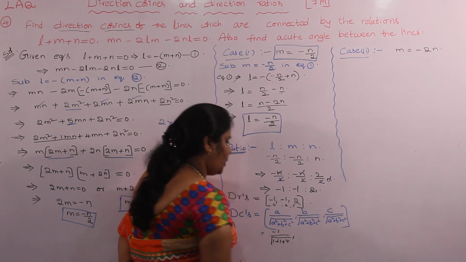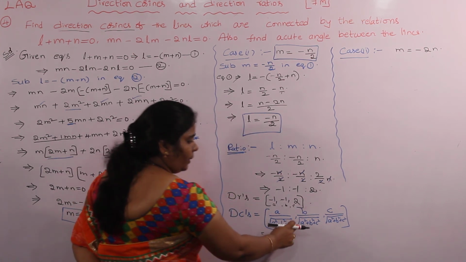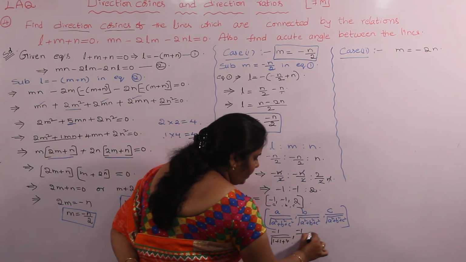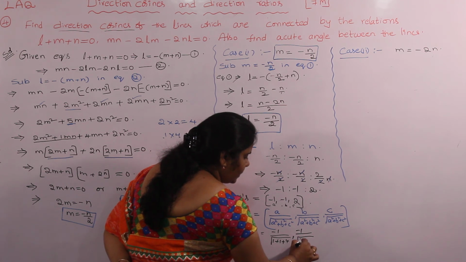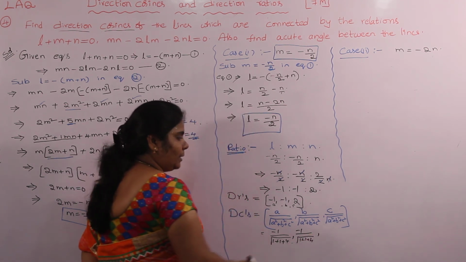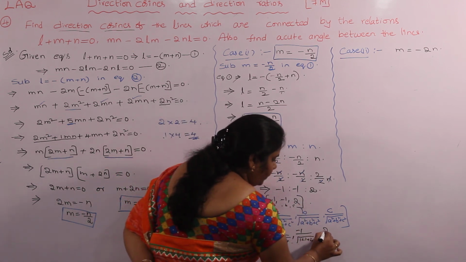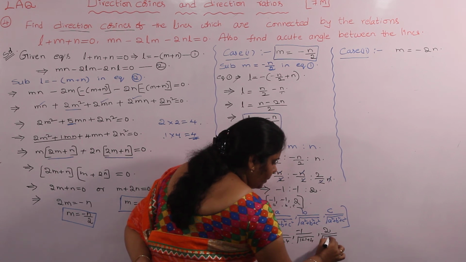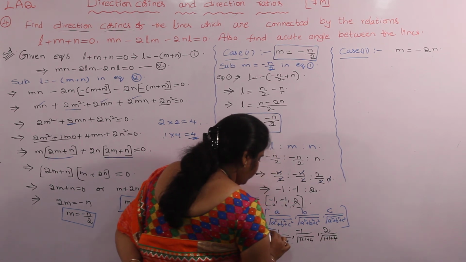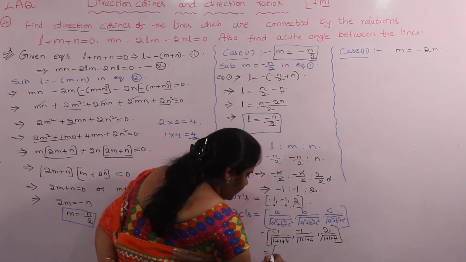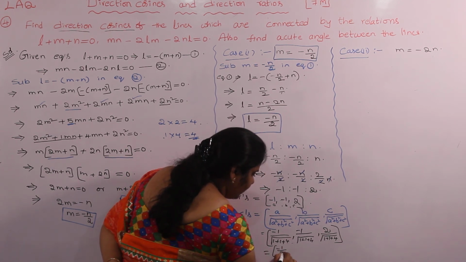Comma b by root over a square plus b square plus c square. b is equal to minus 1, so minus 1 by the denominator taken as 1 plus 1 plus 4. c is equal to 2, by the denominator taken as 1 plus 1 plus 4. Okay. These are the DCs, that is minus 1 by root 6 comma